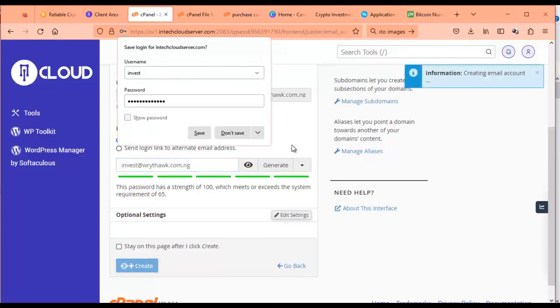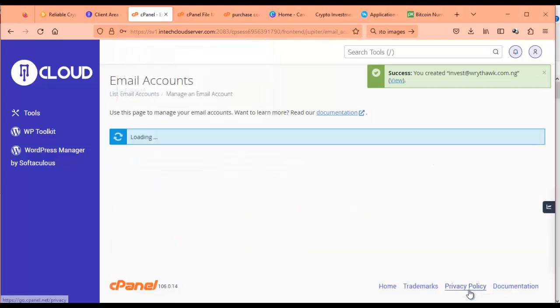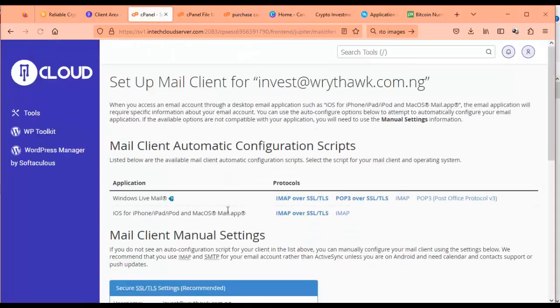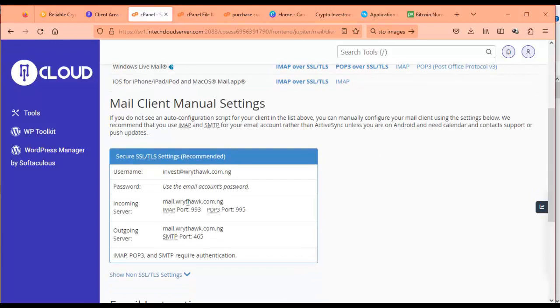So if you go to manage it, or if you go to connect the device, now we see we have the correct server right here. You understand? So we have this. So here now we can connect properly. So go back there. I would just say invest,